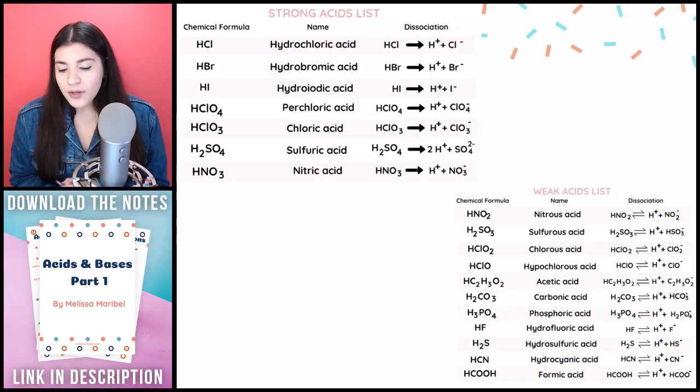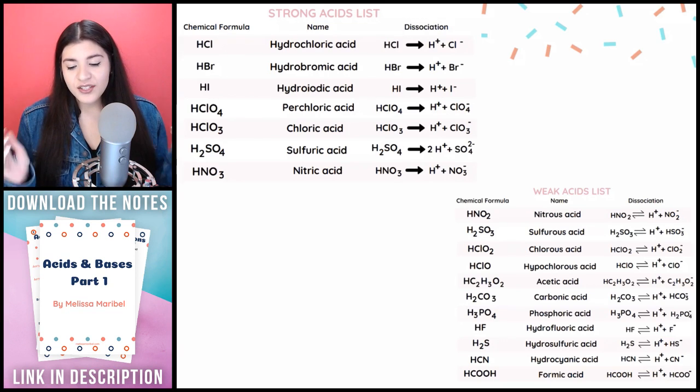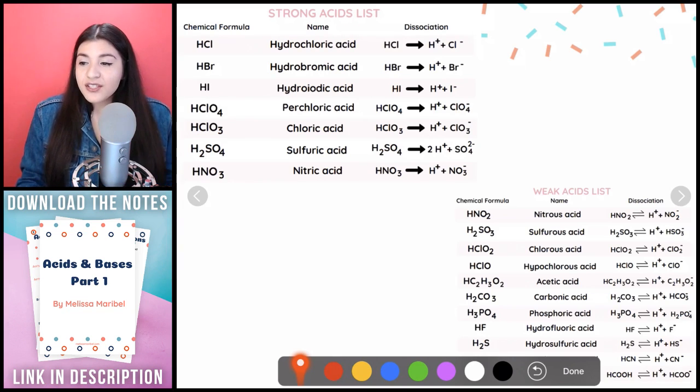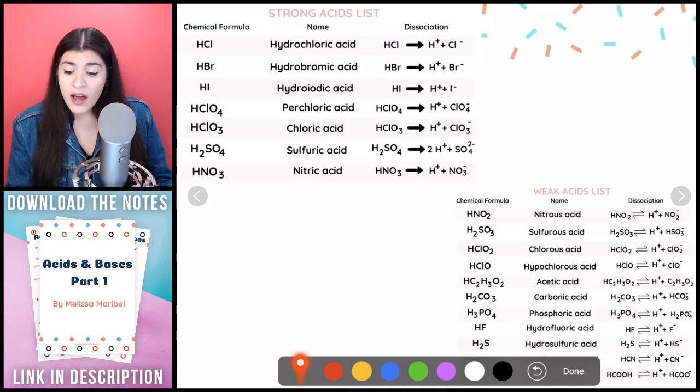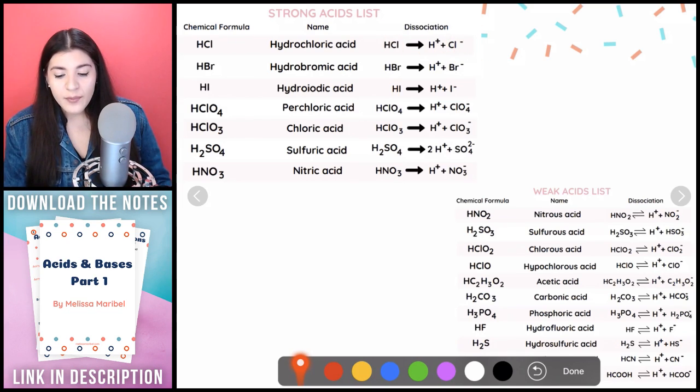So there are things called strong acids and weak acids. Our strong acids will completely dissociate. All that means is dissociation means it's going to break apart into its ions. So here's an example, let's say HCl. HCl is a strong acid, and dissociation is really just talking about that this is going to break apart into its single ions. So H would be on its own, and we know that hydrogen has a +1 charge. And then Cl, or chlorine, has a -1 charge, and that would break apart as well. So that's what we're talking about with strong acids.